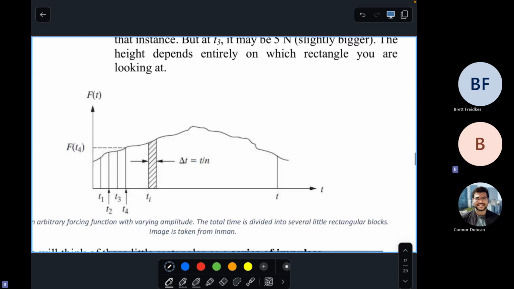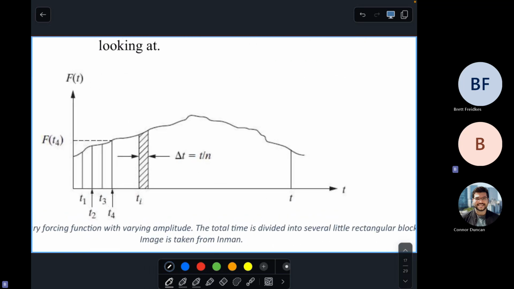The next motivation was that we have some arbitrary force. If you look at the axes, this is time on the x-axis and force on the y-axis. And this random thing here,